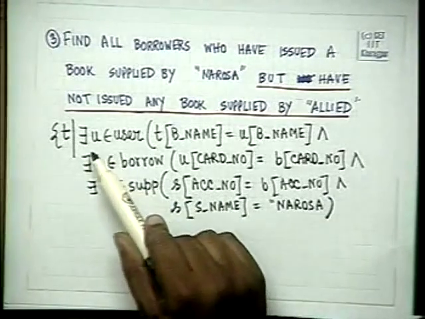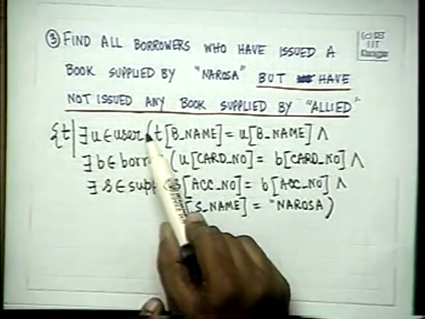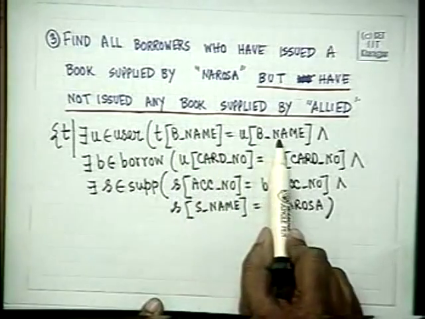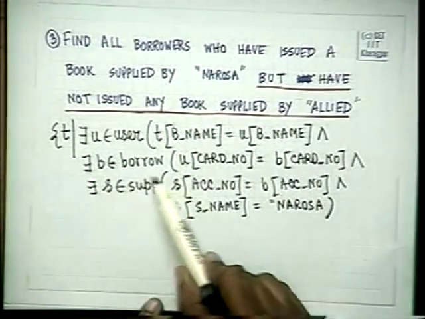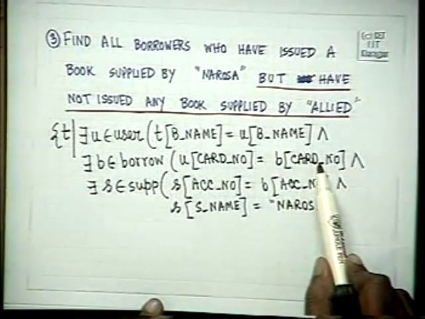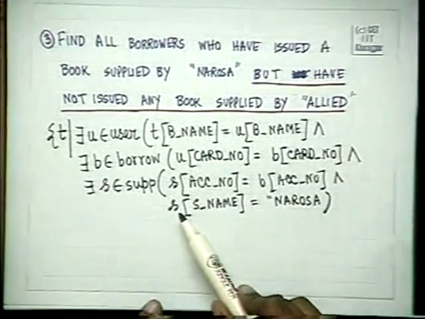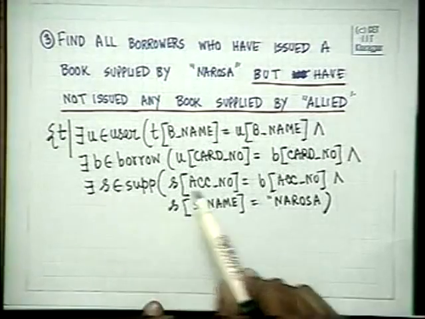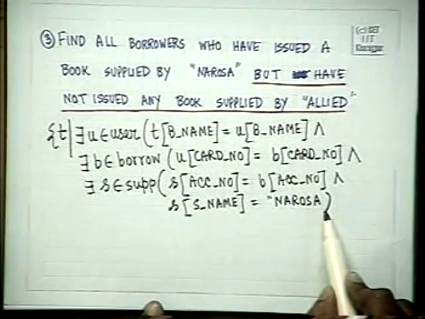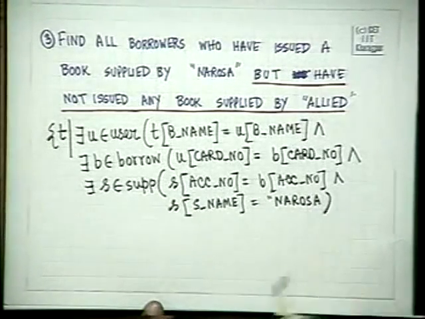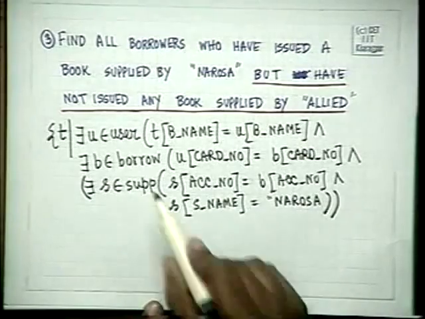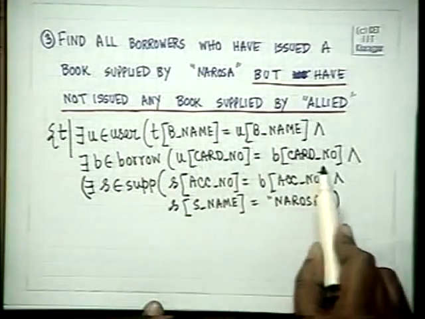Before going to the next part, we will have to see the scope of these variables. This bracket says goes into all, you have chosen a user and this is the name corresponding to the user. In the next one you have chosen a borrower, a borrow relation, and you have matched the card number, you have got the accession number of the book. So this book must be supplied and there must exist, and this must be true, that there must exist this, and something else must be true. So this and is one part of the story. For a user who has selected the book,